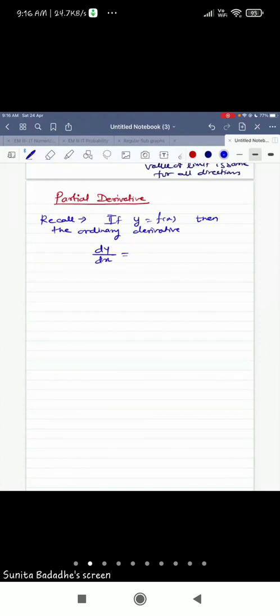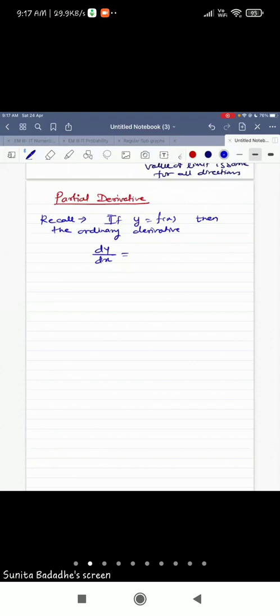Prathamesh is asking me, how will there be more than two directions in mathematics? See, positive and negative is the case for the real line. The real line is a one-dimensional line, right? There you have left and right sides only. But if you have a domain in two dimensions, then at a point, one can approach the point from infinitely many directions. So there are infinitely many directions. When you are on the real line, there are only two directions, left and right. But when you are in two dimensions, there are definitely infinitely many directions.